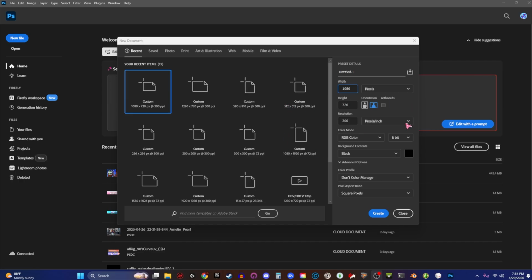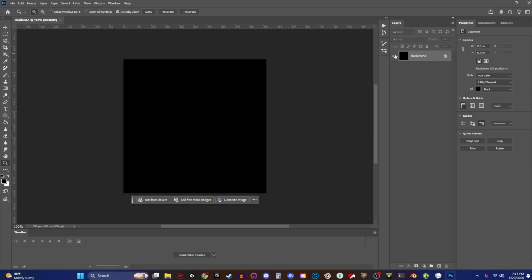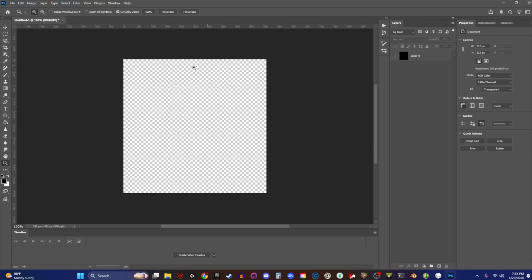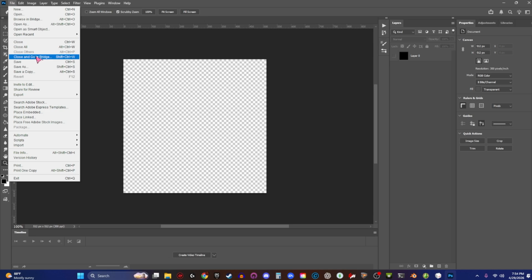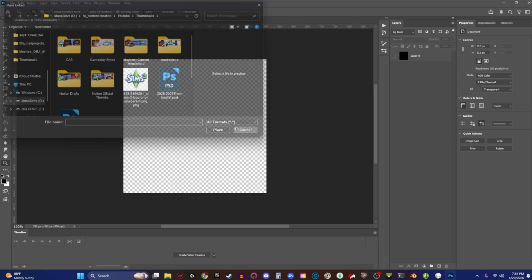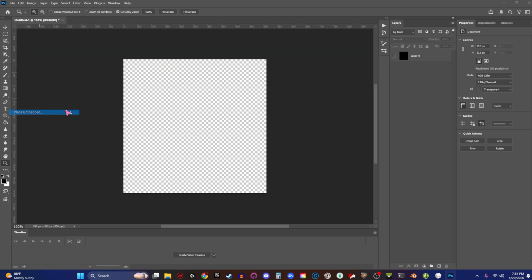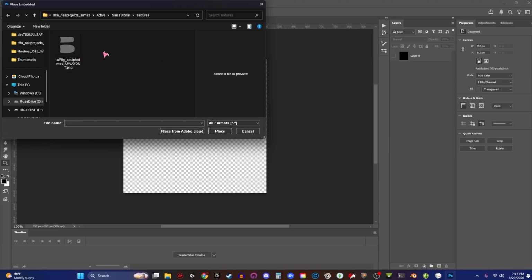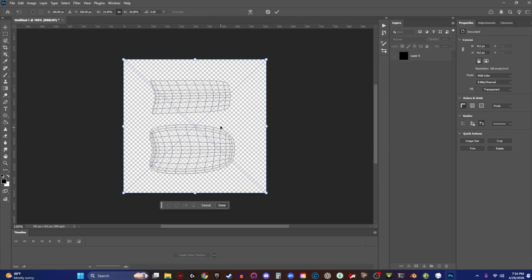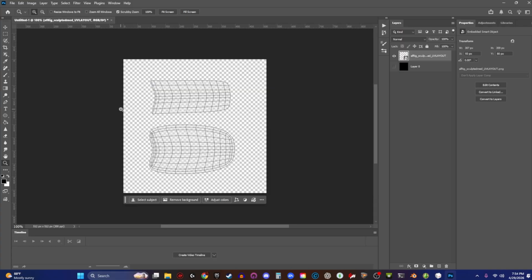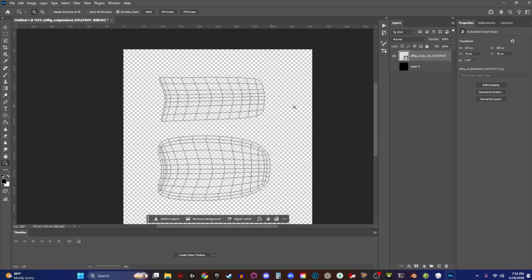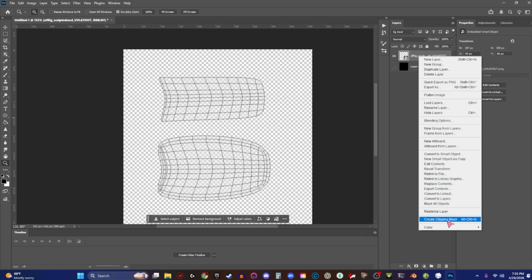Okay, so now it's time to work on the UV map. We're going to open a new file on a black background at 512 by 512 and hit create. And then we're going to turn off the visibility really quick. File, place. I'm hitting place embed. I'm going to go into our textures folder and place the image here. Now, time to paint. So rasterize layer,